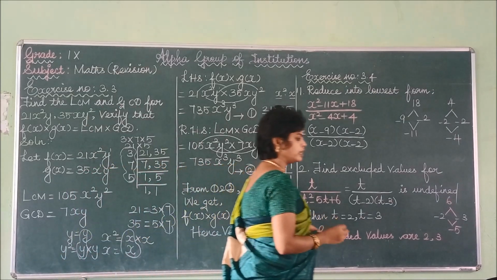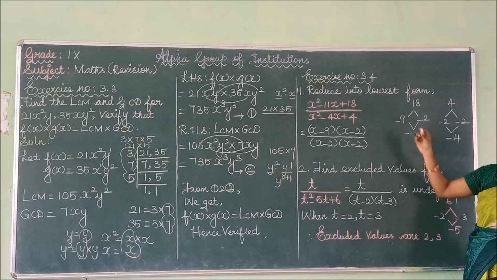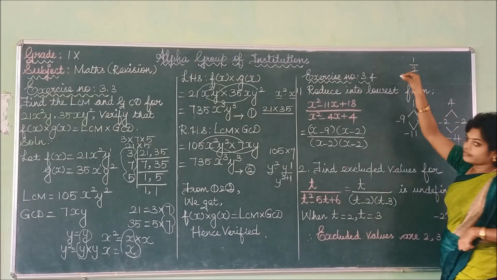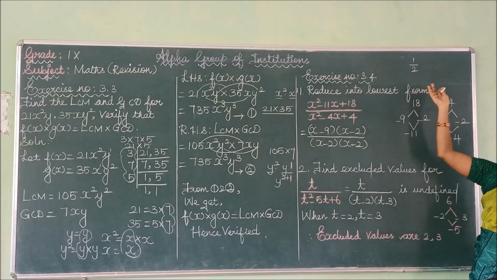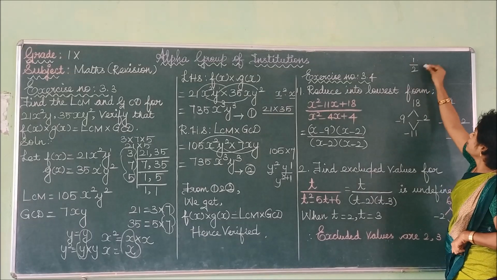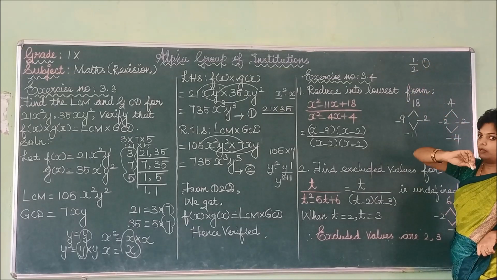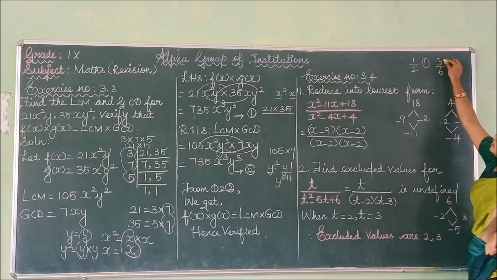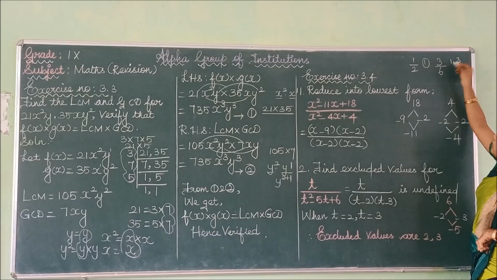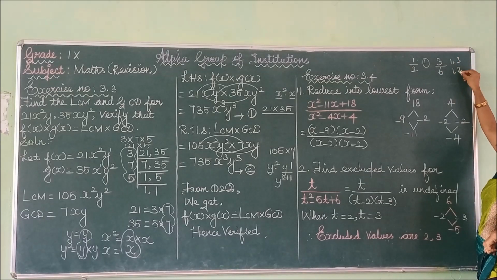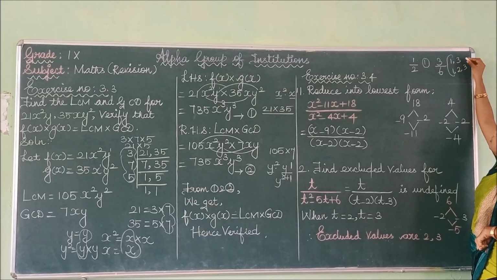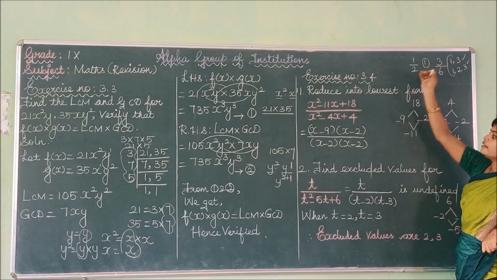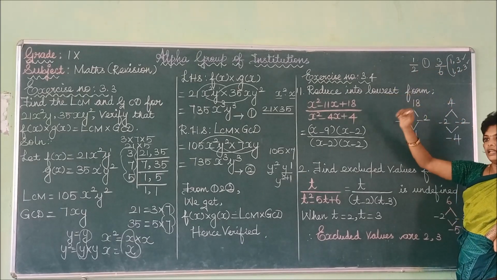So in numbers, we can basically know about rational numbers, which means something like 1 by 2. Can this be changed into a reduced form? No, because 1 and 2 come commonly only in the 1 table. But if it is 3 by 6, 3 comes in which table? The 1 table and also the 3 table. 6 comes in the 1 table, 2 table, and 3 table. Except for 1, it comes commonly in the 3 table. In a similar way, we find the reduced form in algebra also.